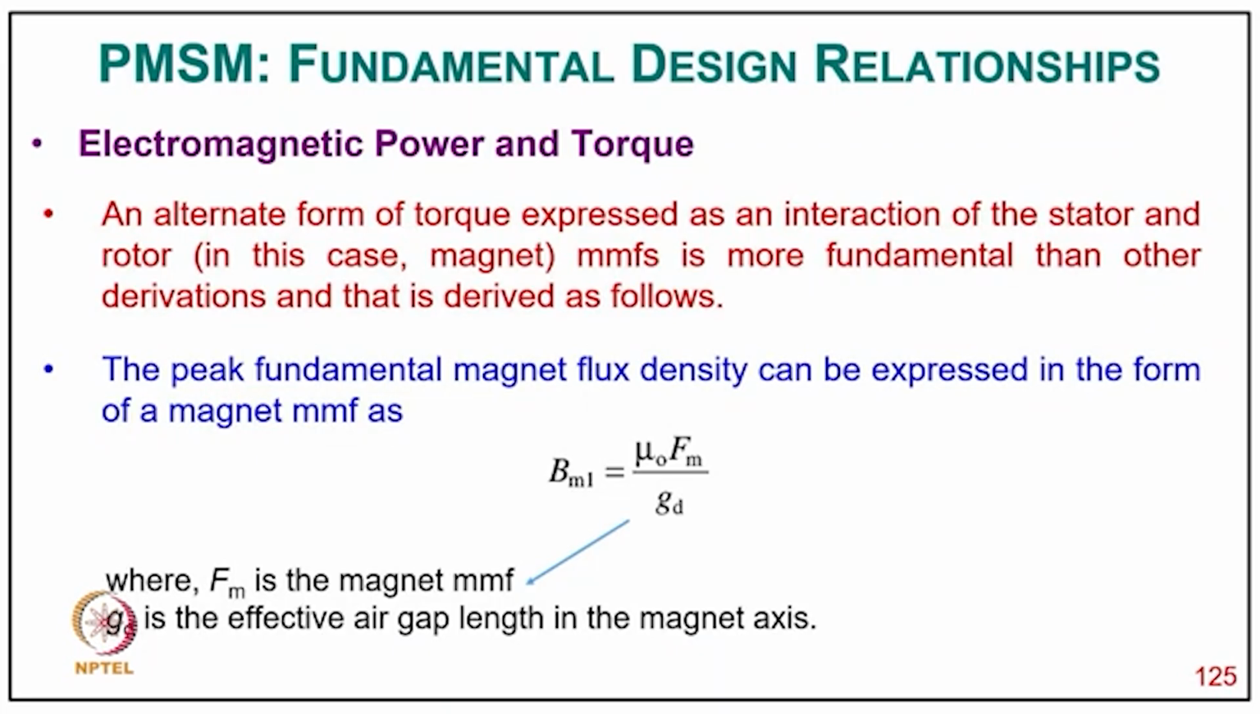An alternate form of the torque is expressed as an interaction of the stator and the rotor, in this case the magnet. The MMF form is more fundamental than the derivations above, and it is derived as follows. The peak fundamental magnet flux density can be expressed in terms of the magnet MMF as Bm1 equal to mu 0 Fm upon Gd, where Fm is the magnet MMF and Gd is the effective air gap length in